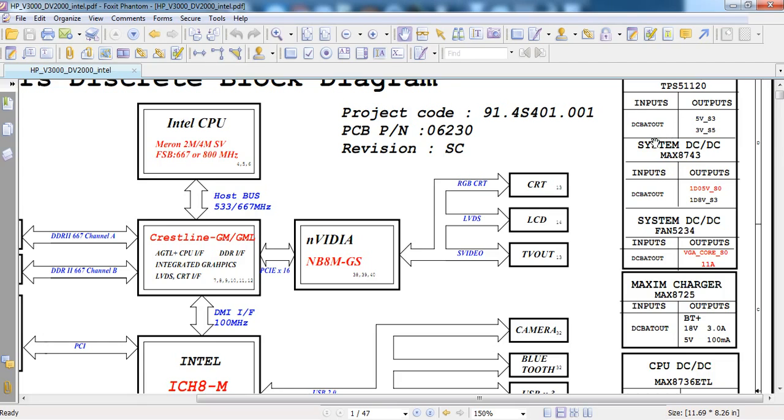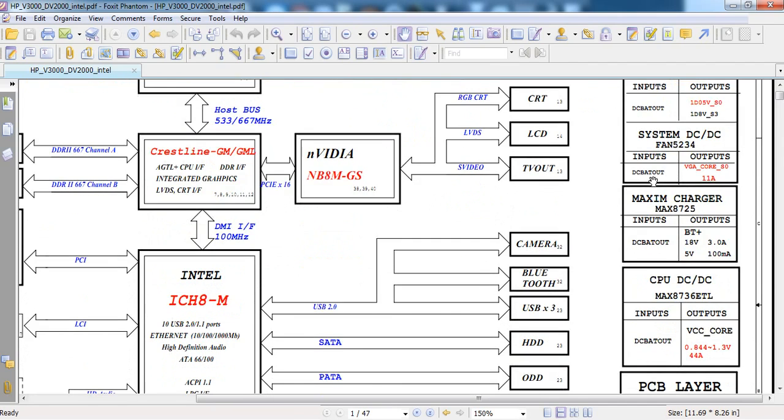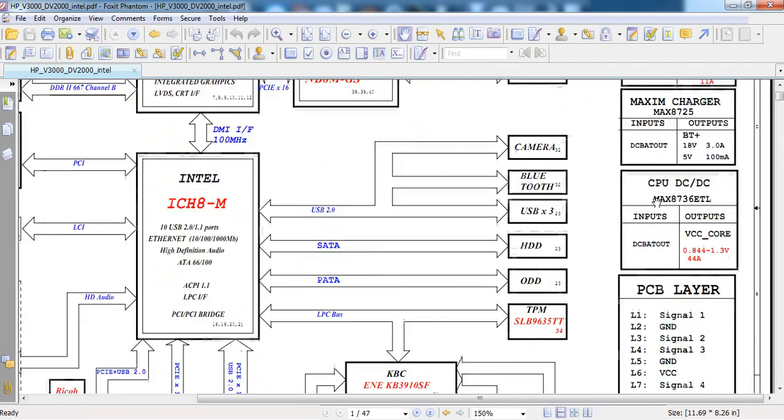The DC bat out will be either 19 volt or 12 volt. If you connect your notebook motherboard with a DC adapter, then it is 19 volt. Suppose you are not connecting this notebook motherboard with a DC adapter, then the battery takes control. Now it is 12 volt or 10.5 volt, 11 volt. This depends on the battery you fixed on your notebook PC. Okay, so the DC bat out is the core input, the main input for all these regulators.